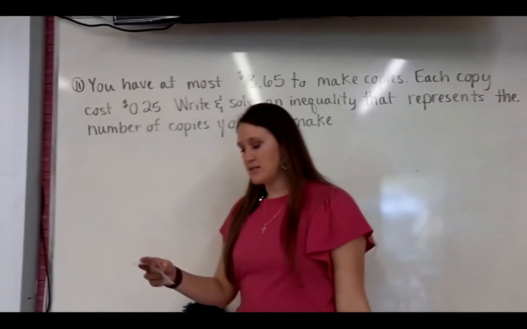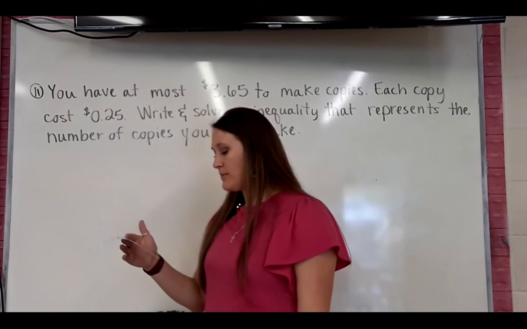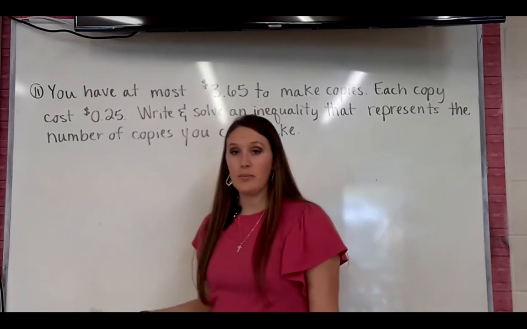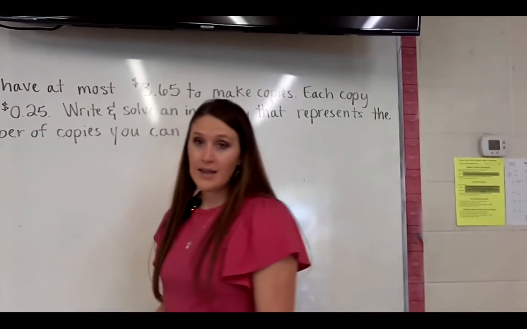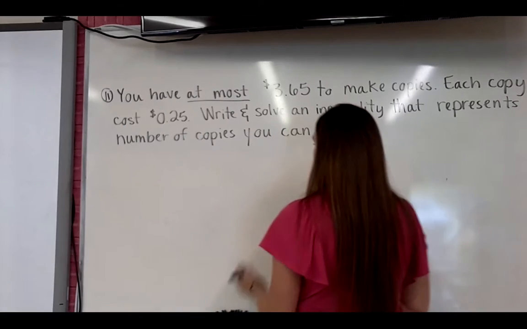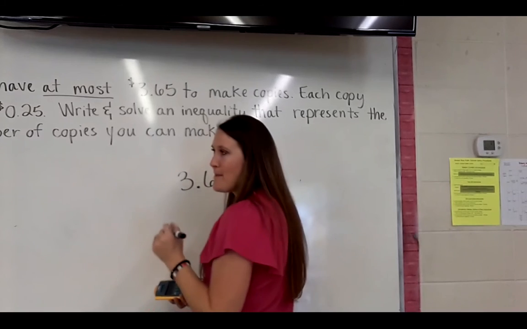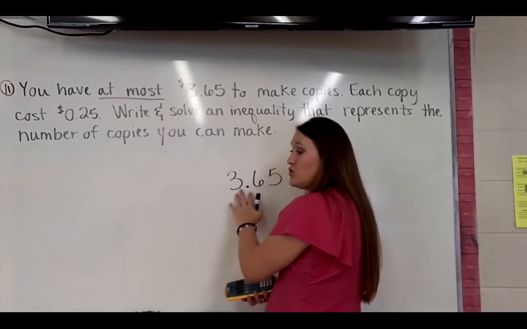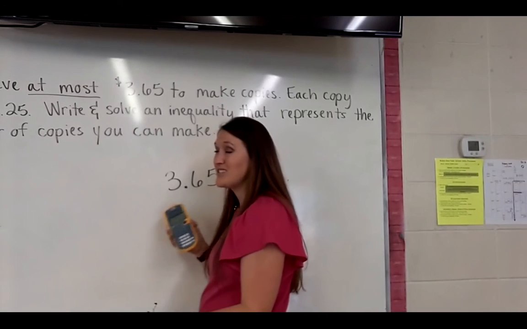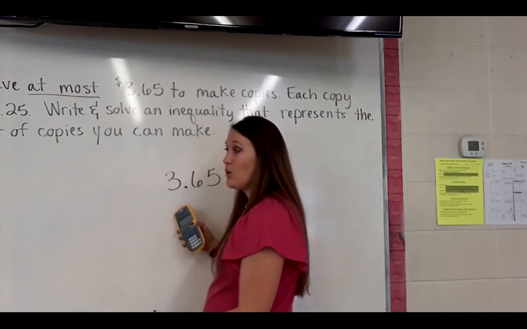Okay, last one, number 11. It says you have at most $3.65 to make copies. Each copy costs 25 cents. Write and solve an inequality that represents the number of copies that you can make. So if we go back and break down each part, you have at most $3.65. So we know we have $3.65. We just have to figure out what inequality sign goes beside it. At most. So that means you could spend $3.65. Could you spend more than that if that's the most that you have? No. So you could only spend less than that. So up to